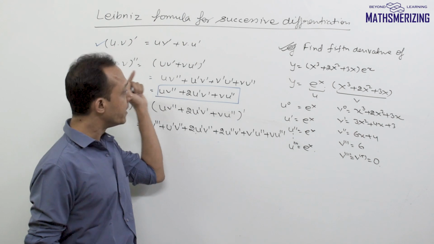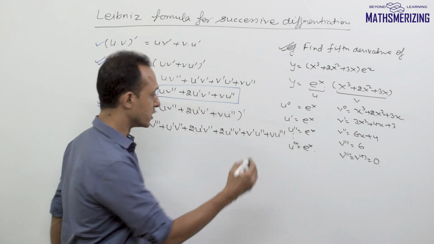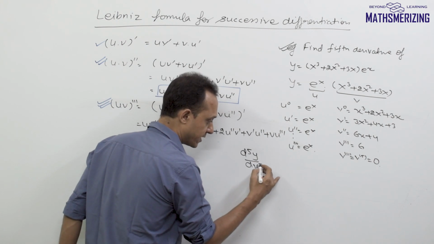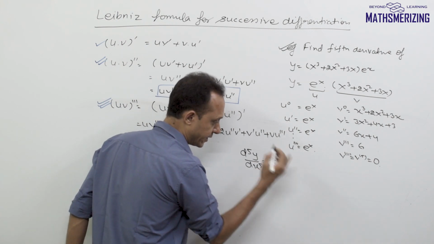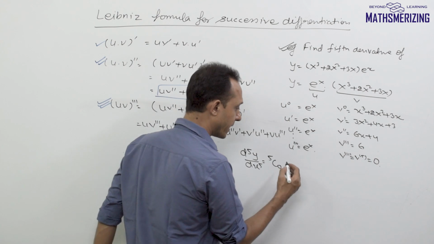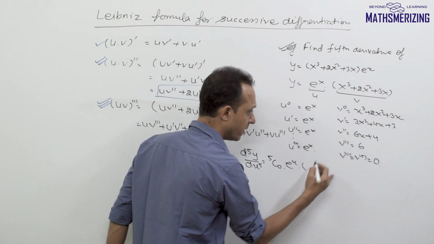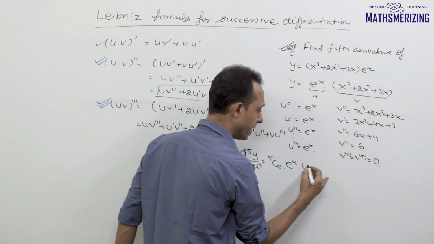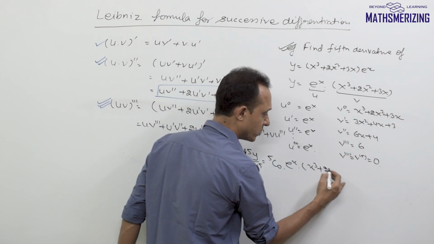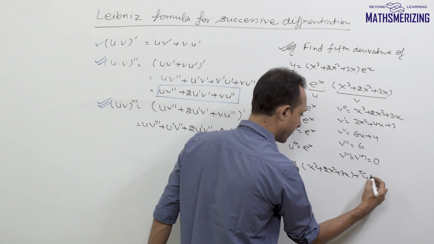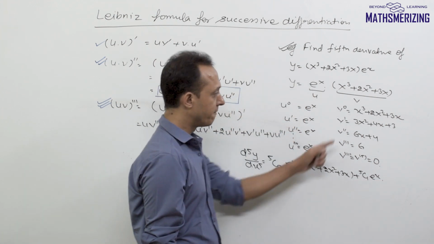Now I can use Leibniz formula for successive differentiation. So its fifth order derivative will simply be 5c0 times the fifth derivative of e to the power x, which is e to the power x, into the 0th derivative of v, so there will be x cubed plus 2x square plus 3x, and then plus 5c1 e to the power x, and then first derivative